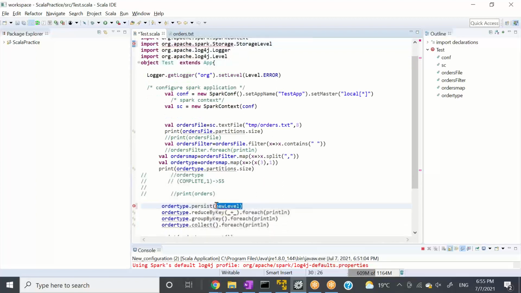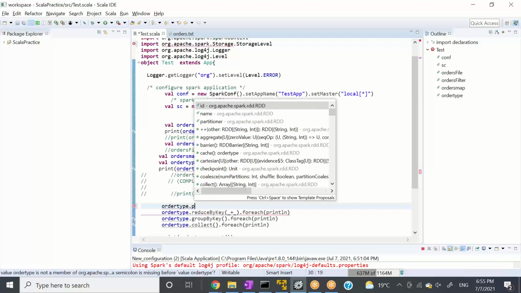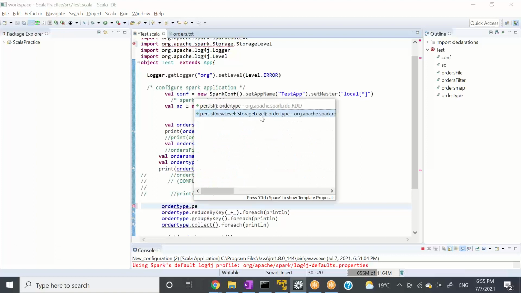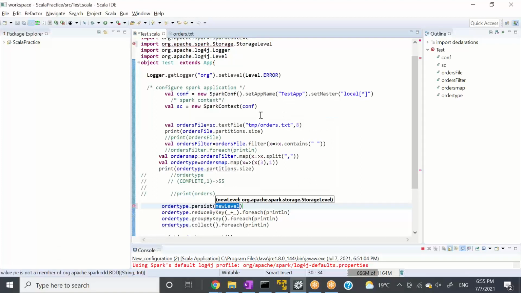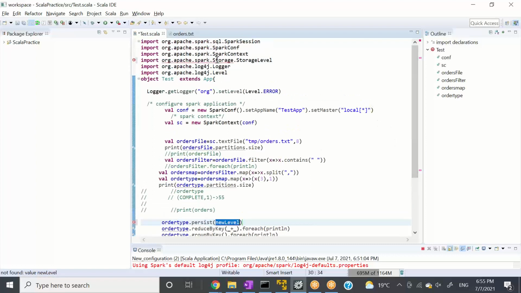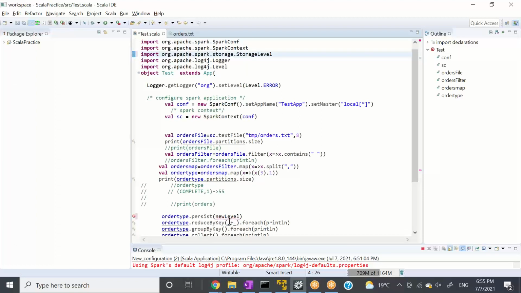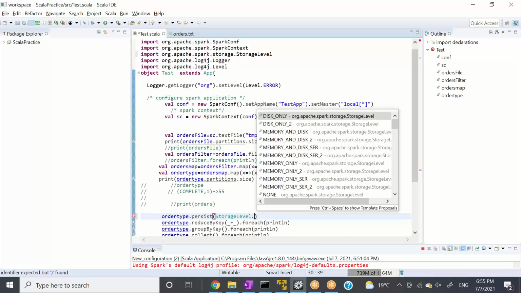I'm not sure. Just one more second, guys. Dot persist. So what is that? Storage and storage level. Storage S is small. So we'll say storage. Perfect. Then we will say storage level here, right? And dot. Perfect. It worked, right?